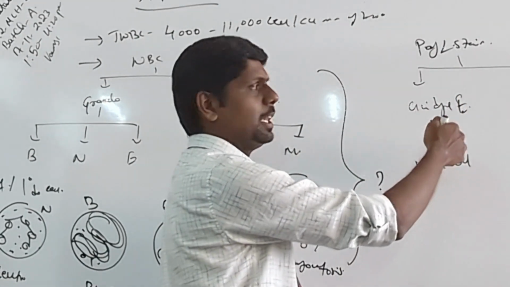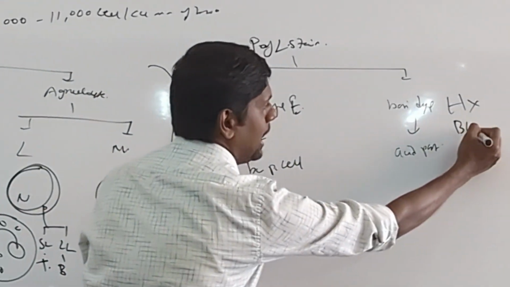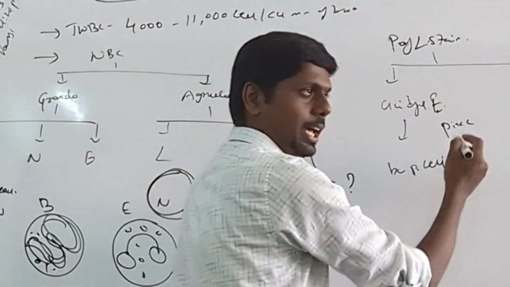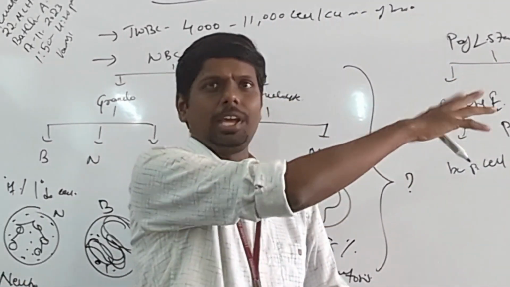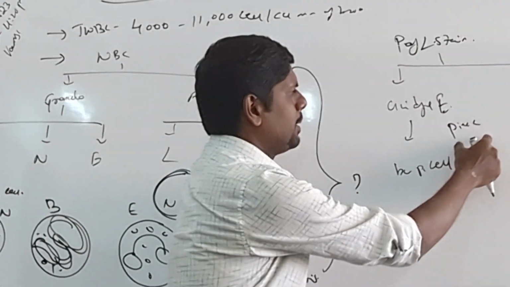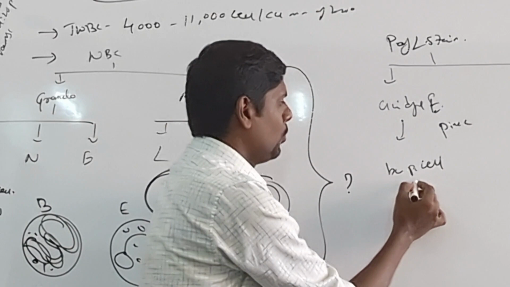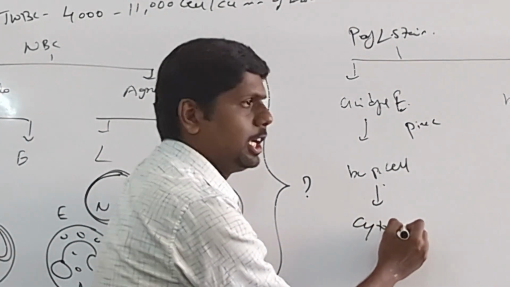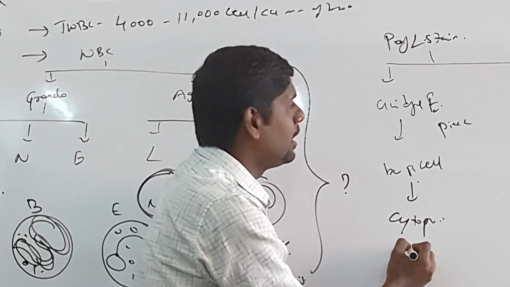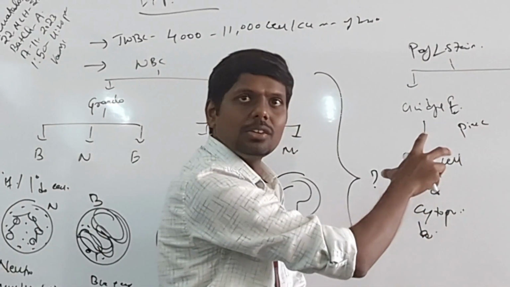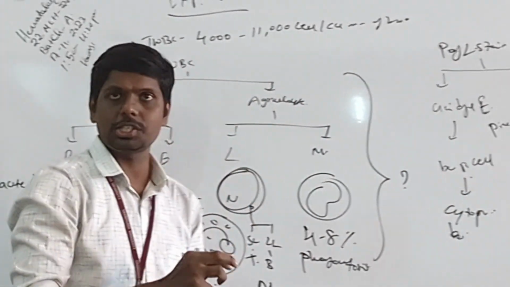In case of Leishman, the basic dye will be in blue color, whereas the acidic dye will be in pink color. They are mixed in Leishman stain. There are various compositions in Leishman. So the pink color acidic dye will bind to what part of the cell? Cytoplasm, basic granules and acidic granules. So this is the principle of Leishman stain.